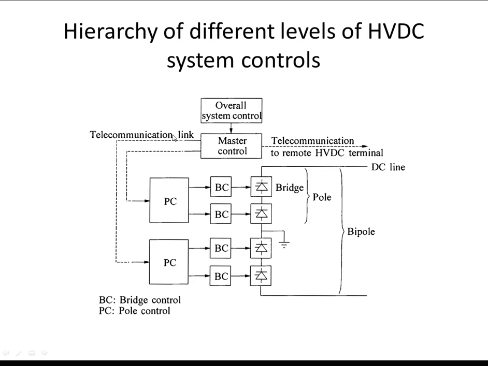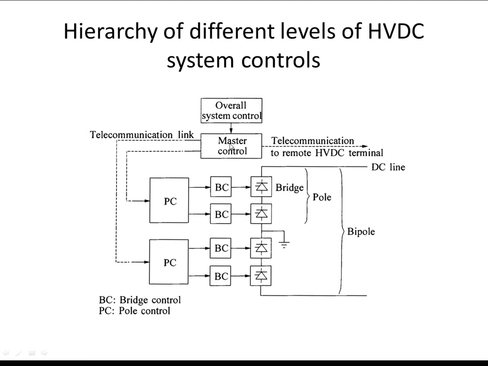So what is the master control function? To determine the current order and provide a coordinated current order signal to both poles, and to interpret the broader demands for control in the HVDC system by providing the interface between the pole control and overall controls. So the master control acts as a bridge between the pole control and the overall system controls. The basic control functions are similar in most HVDC applications, but the higher order control functions are determined by the specific performance objective of the individual system.